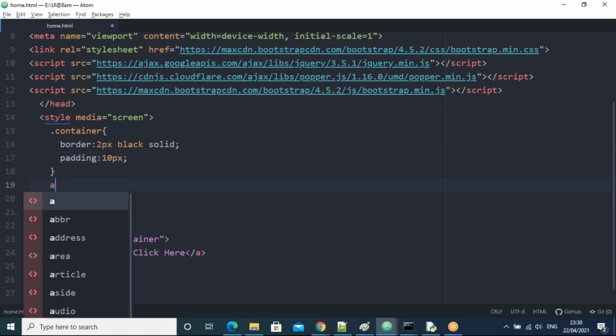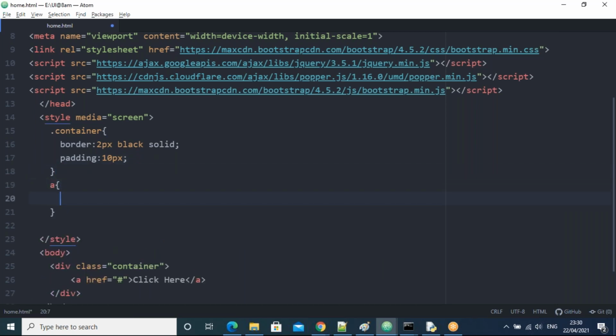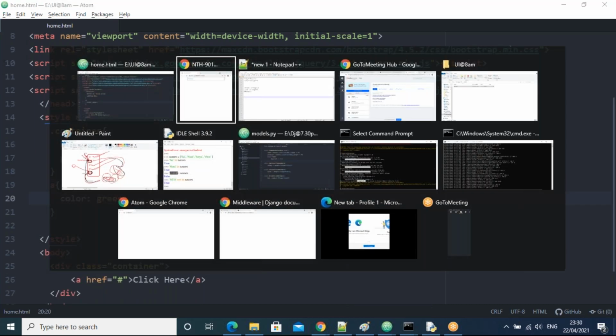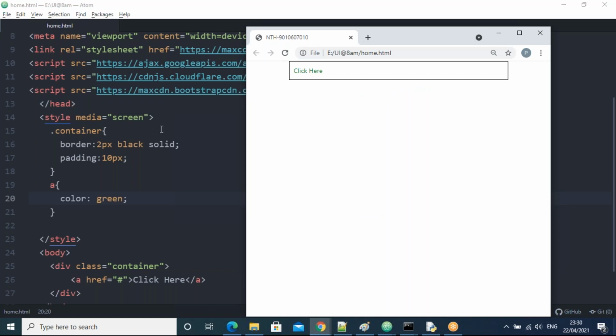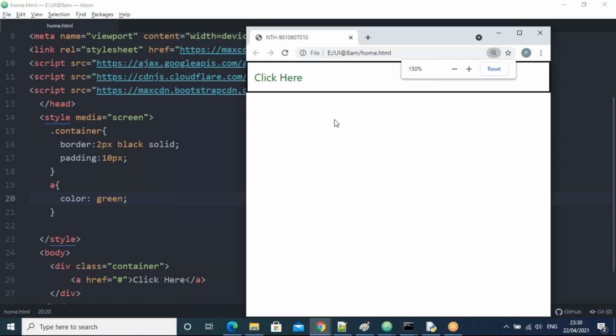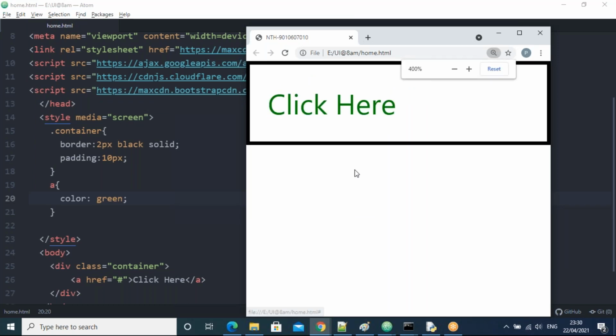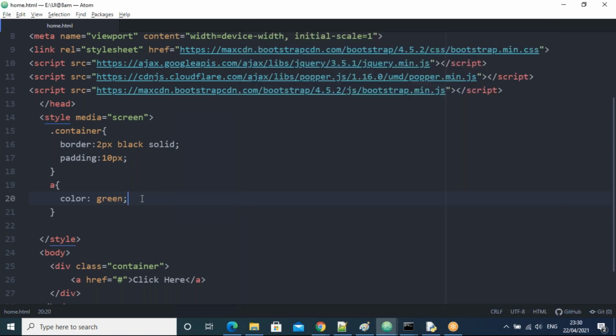So I'm taking the A tag, and in the A tag I'm taking the color green. Save this one. Let's go there and refresh. Now you can observe, you got the green color. All of you see the green color, right? Yes, the green color came.